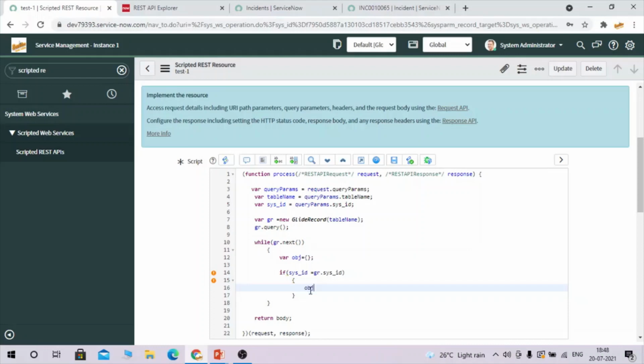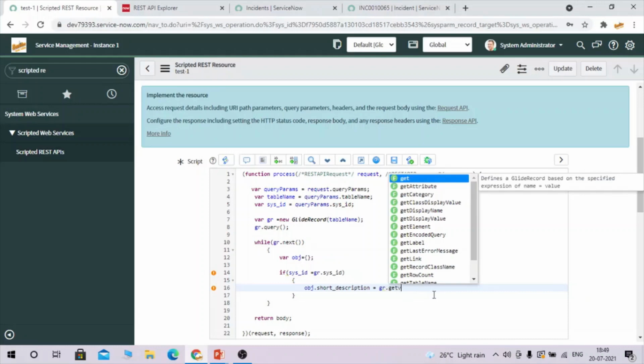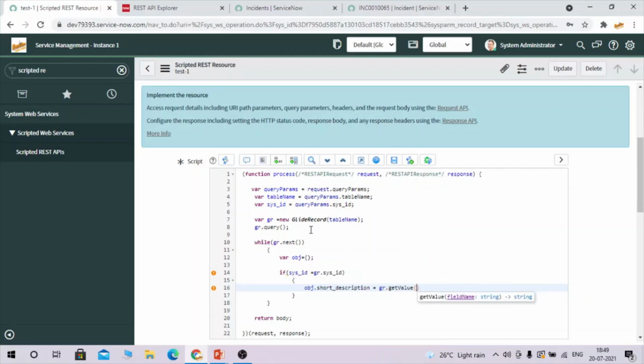So I'm going to use this obj object dot sort description. First I am fetching the sort description. So here obj dot sort description equals to, I need to use this object gr dot get value. I'm going to get value from this table for that respective record.